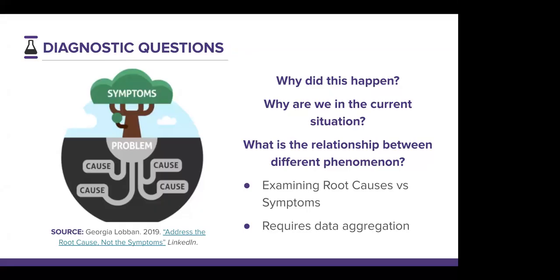Now, the second type of questions are those diagnostic questions, which is really trying to understand why are we in the situation? So those are the questions that seek to, for instance, ask why is it that we have so much traffic jam? It's not about taking stock of the current status of traffic jam, but it's really about trying to understand the root causes, or at least the correlations as well. This typically requires more than one data set, right? Because if you want to do some kind of analysis between X versus Y, X explains Y, then you actually need data about X and data about Y, for instance. And so you need data aggregation as well.